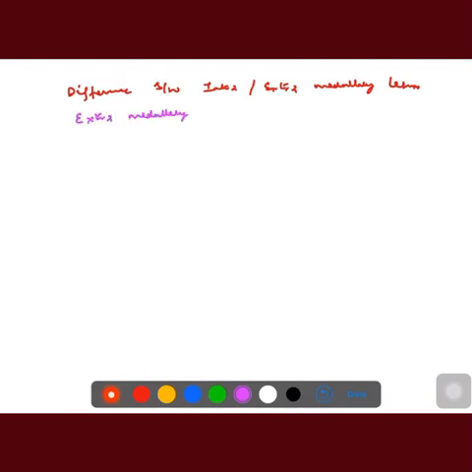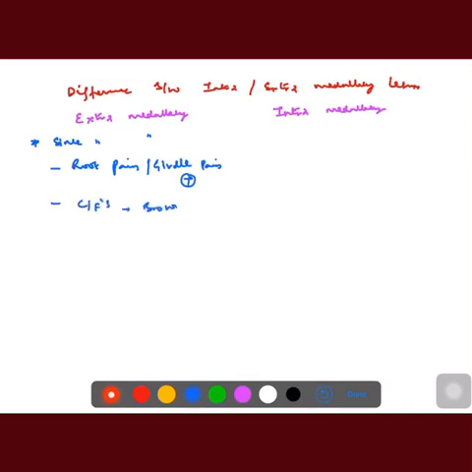In extramedullary, the pathology or disease process is outside the medulla, so it will compress the spinal cord from outside, as we discussed before in the diagram. There will be nerve roots in the lateral side, so the disease process comes from the lateral side, hence extramedullary. So there will be root pains or girdle-like pain.